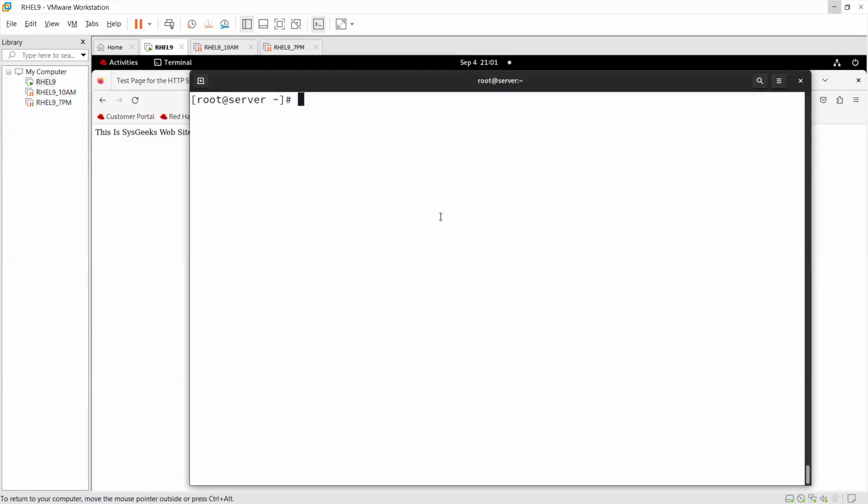Correct? Yes, sir. Because the volumes are virtual, it is possible. But for example, if you have a physical hard disk, then how do you create a snapshot for the hard disk? We cannot. You need to maintain a backup on another physical hard disk. But virtually, only snapshots are possible.